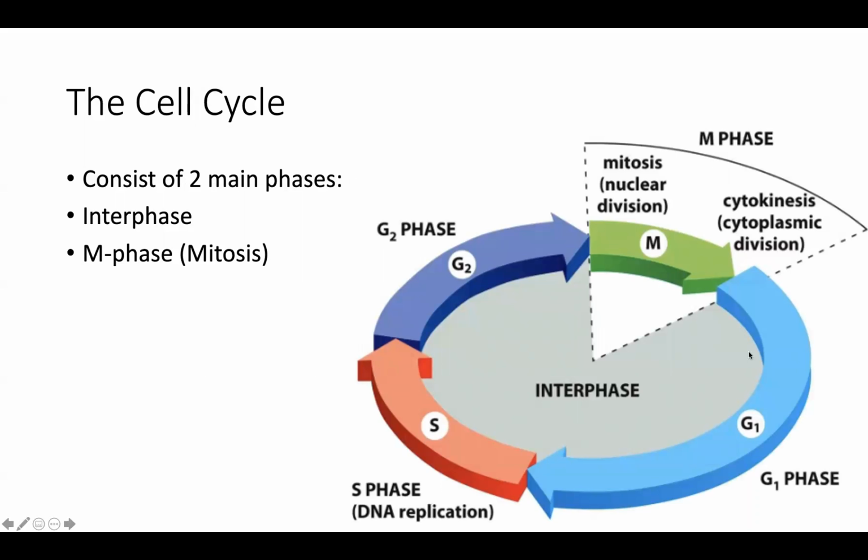We highlighted two main phases of the cell cycle, the first being interphase, the part of the cell cycle where the cell spends most of its time. This is the preparation period where the cell is growing and undergoing metabolic activity. It's duplicating its genetic material, DNA replication, in S phase. And then G2 is another gap phase where we're doing some final checkpoints to make sure everything has happened the way it should before the cell proceeds into M phase.